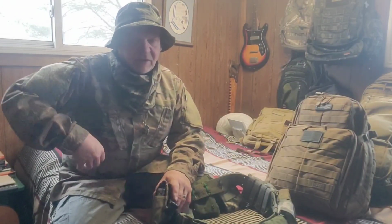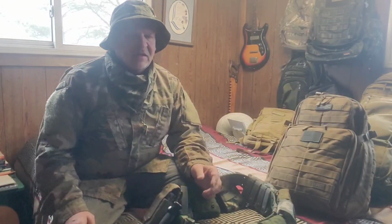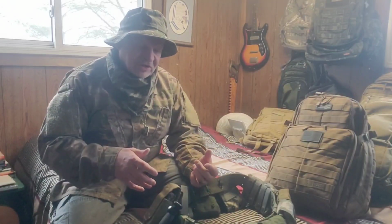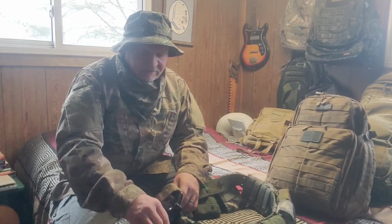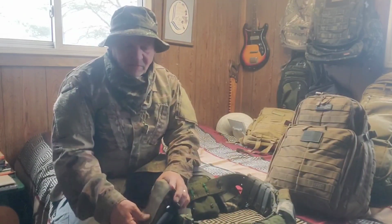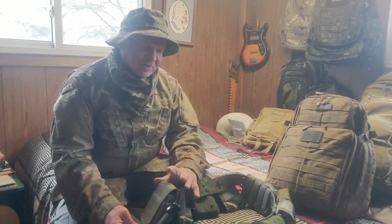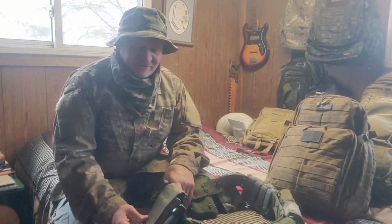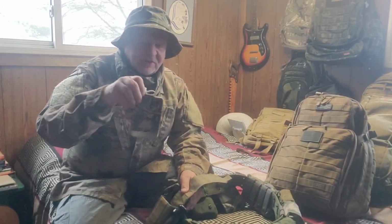So this, I'm going to go from my right side all the way around to the left. So I have my things that I would need quickest closest to me, and I might rearrange and change stuff, but this is just how I have it now. So on my right, I have my knife there. Then I have a water bottle, and this is cool. All this is military surplus, and none of them matches, but it's just kind of fun. And this is like for mags for a weapon or whatever, but it holds a little